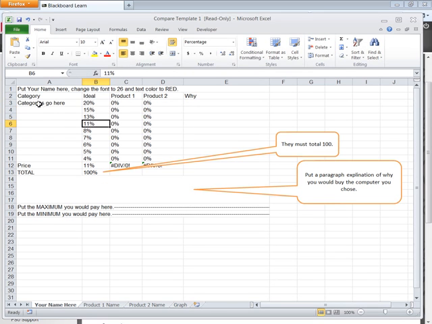Over here I put my category name. So I could put in something like functions. Ease of use. Whatever you consider the 10 most important things, including price. Over here we put the reasons why. For example, here we might say